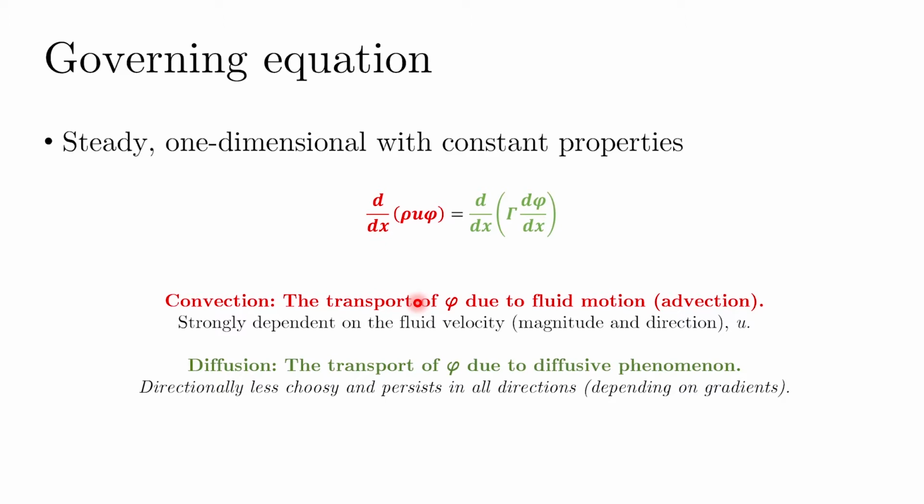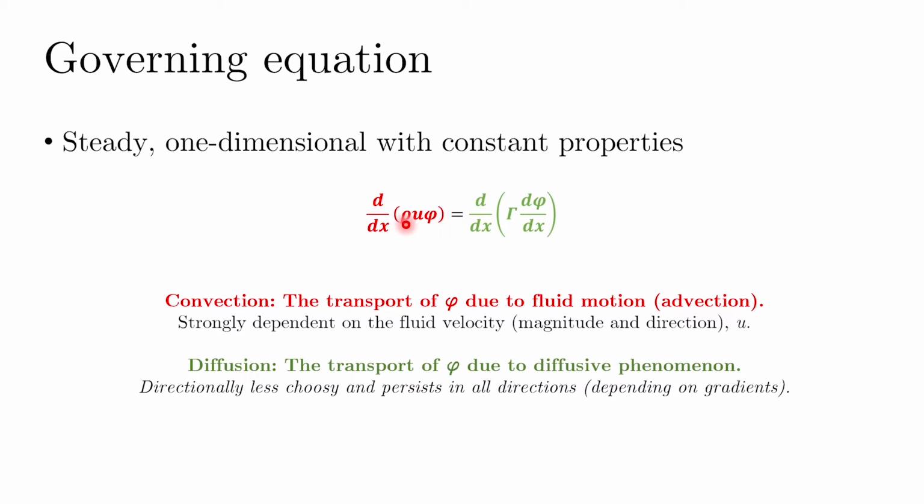For a steady one-dimensional case with constant fluid properties or material properties, we have two terms in the equation now. Recall that when we only had conduction or diffusion, we had this particular green term on the right, that is d over dx of gamma d phi over dx. Here I've taken a general variable called phi that is getting diffused according to this term. When we talk about convection, the convection in the x direction is mathematically modeled in this case by this term, that is d over dx of rho u phi.